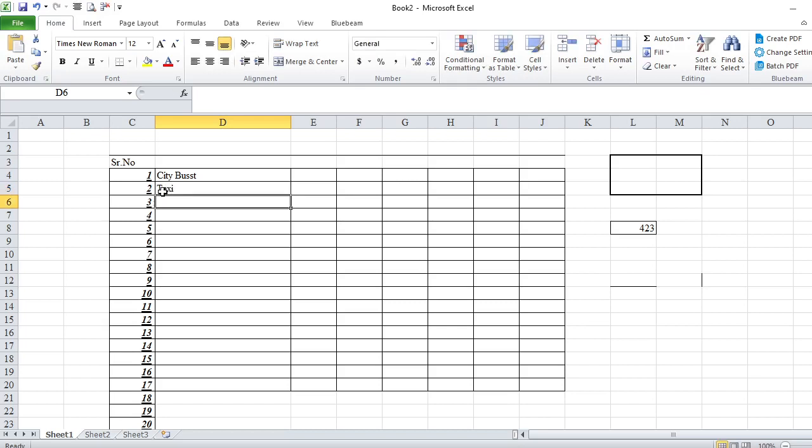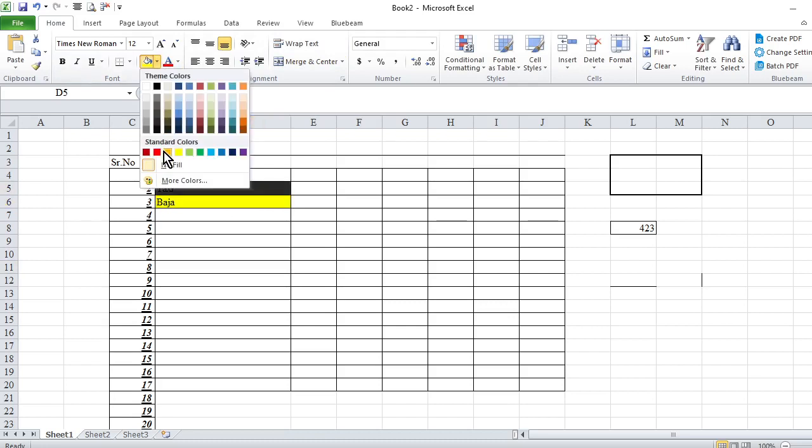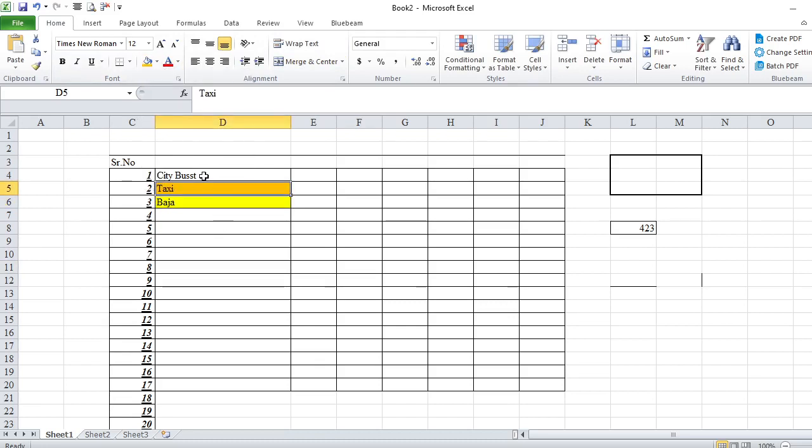Then it's Bajaj. For example, I want to make this color like this color, another color like this, and I want to make this yellow also. I don't want to make it again, but I can use this format to be copied here. So what you do is click on this cell